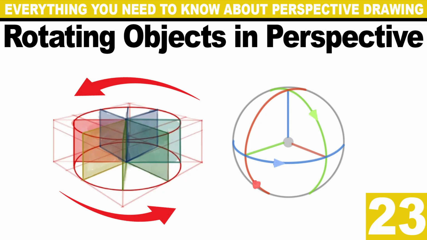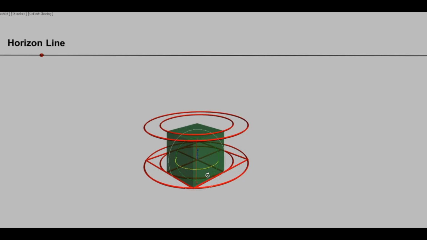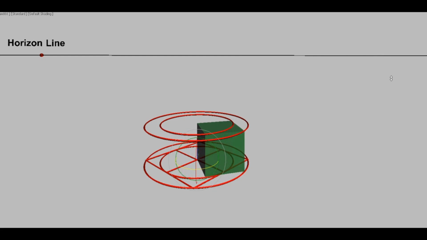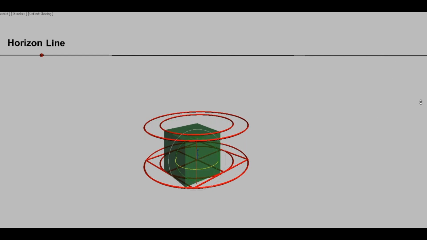Moving on to the second transformation tool, we will be talking about rotating objects in perspective. Now there are different methods to rotate objects in perspective: using an ellipse, using a rectangle, and using vanishing points. Some may be more accurate than the others, but some may be a bit more limited. So I will start with the most used, most unlimited method and the trickiest one of them, rotating objects using